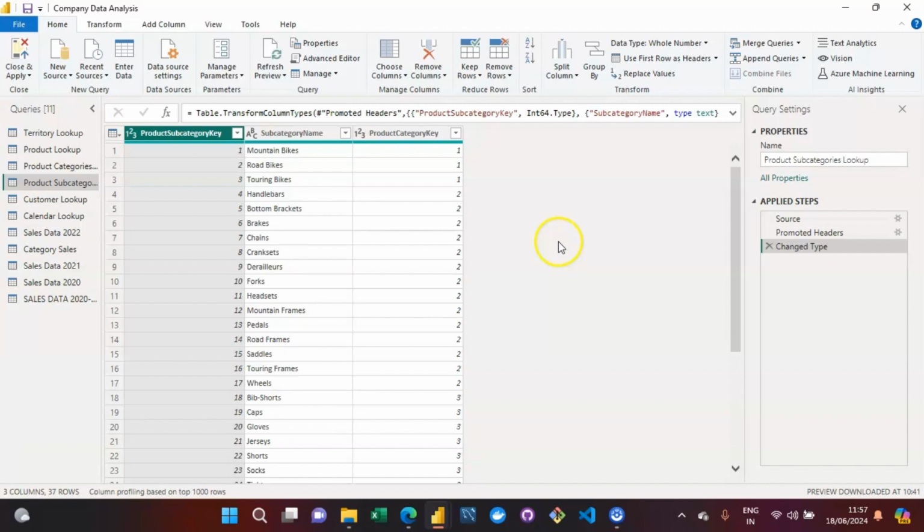So for example, in my folder, if I'm trying to bring in some changes with respect to my specific CSV file, like let us go with this specific CSV file that we have, which is showing us the details about the product subcategories lookup. All right. So now with respect to this CSV file, if I'm just looking into its path, in this applied step itself, you can see that we have some source applied step, right? Which is being applied by Power BI itself. And if I'm just clicking over here,